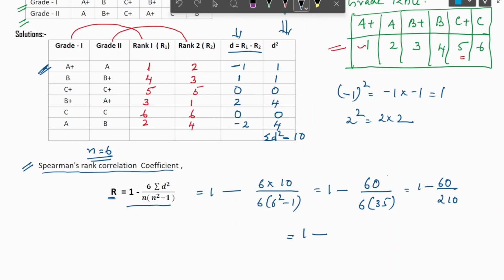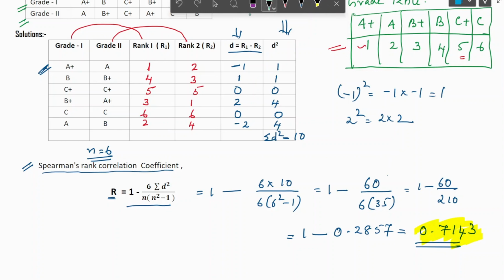Last, 1 minus 0.2857, that is equal to 0.7143. Therefore, this is your answer for the correlation coefficient, Spearman correlation coefficient, capital R equal to